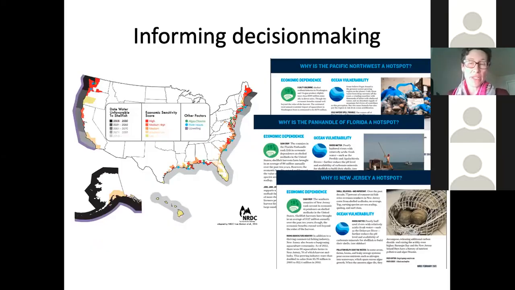These are examples of the materials that we shared with decision makers. So even when analyses don't roll up into a tidy summary or a number, they can be very, very useful for decision makers. Looking at those regional differences that emerged in our nationwide study that I showed in the last slide, we were able to really develop some brochures for policymakers that explained the regional differences and tendencies that we saw. So for example, each of the fact sheets shown on the right explain the regional characteristics that increase local risk to shellfish industry loss from ocean acidification. Next slide, please.